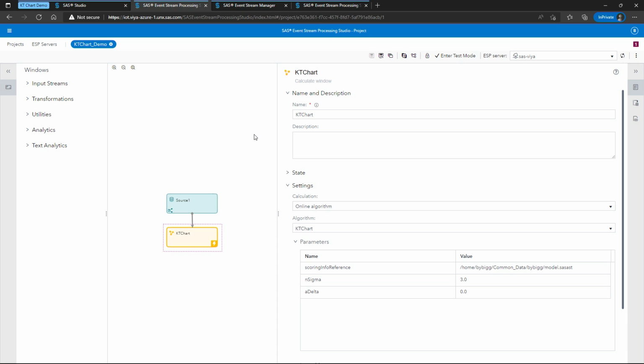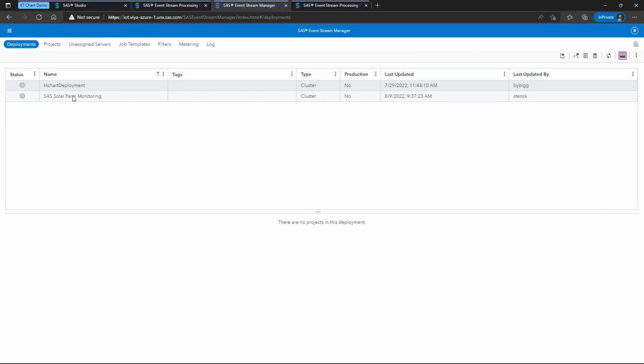So what we're going to do here is stream the values in. This is a simulation, and I'm going to run that simulation at 20 times normal speed. So we had 20 readings per second, and I'm going to run 20 times that speed. So we're going to have 400 readings per second, just so the demo will run a bit faster. And as those values come in, we're going to score them in KT chart monitoring to try to detect faults that may occur.